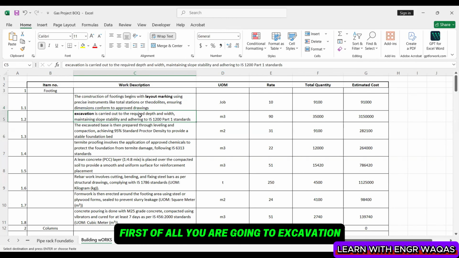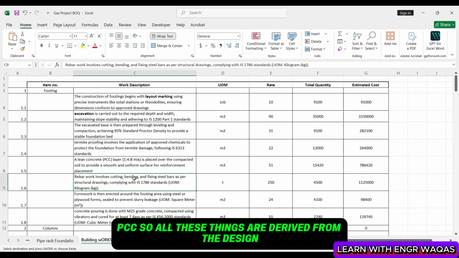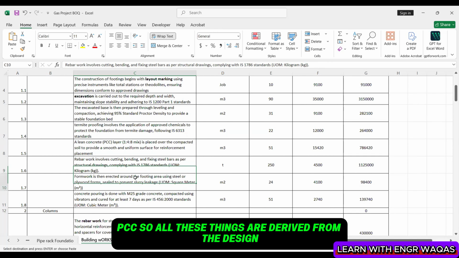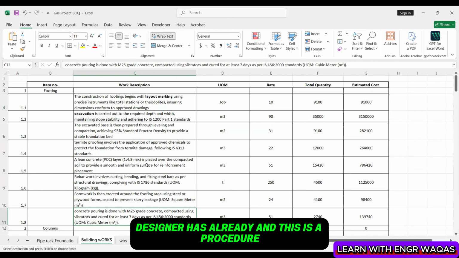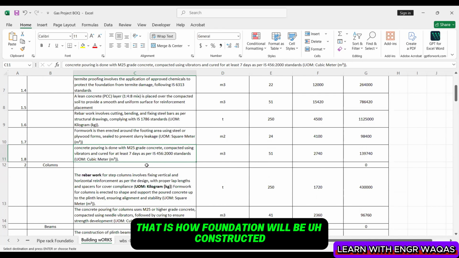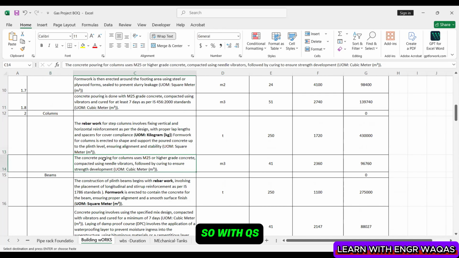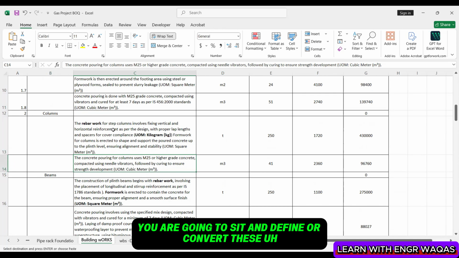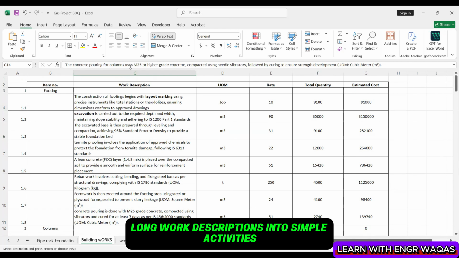First of all, you go to excavation, leveling, termite proofing, PCC. All these things are derived from the design. The designer has already provided this, and this is the procedure of how the foundation will be constructed. Then columns, this whole procedure. So with the QS, you are going to sit and define or convert these long work descriptions into simple activities and load